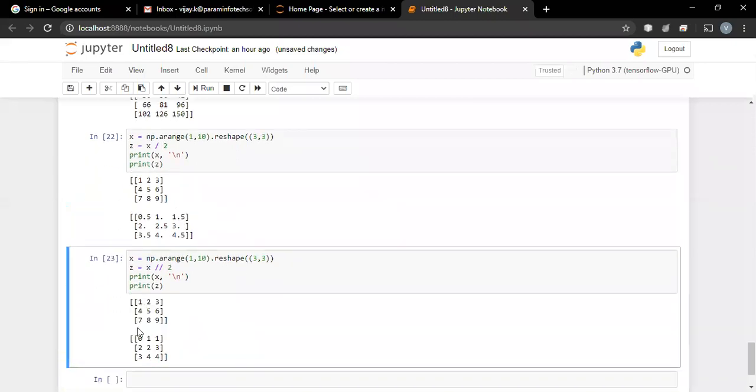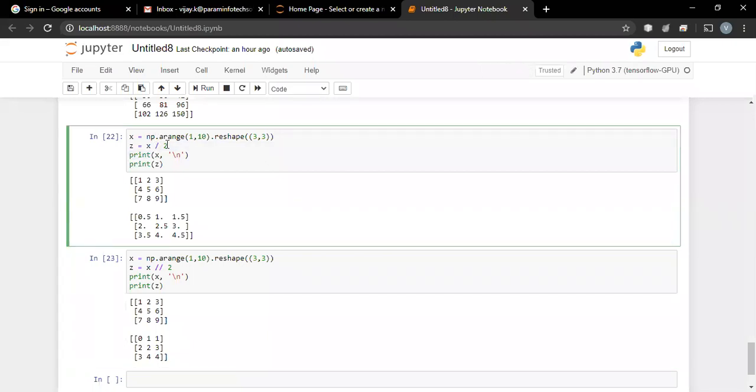Now we can observe 1 divided by 2 gives 0.5, converted to 0. 8 divided by 2 is 4, which is okay. 9 divided by 2 is 4.5, converted to 4. So that way you can do it. Whenever you want the answer after division in floating point or in integer, if you want integer answers, instead of a single slash, go for the double slash, the double division operator. If you go for the single slash, it will give you answers in floating point, according to your requirement.